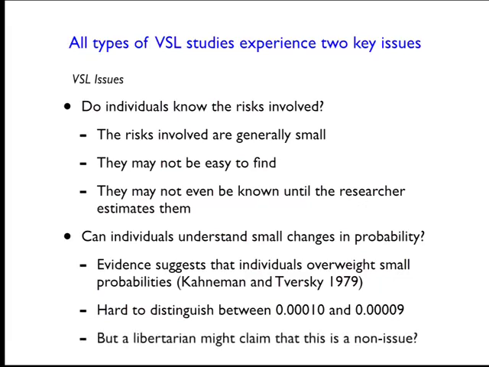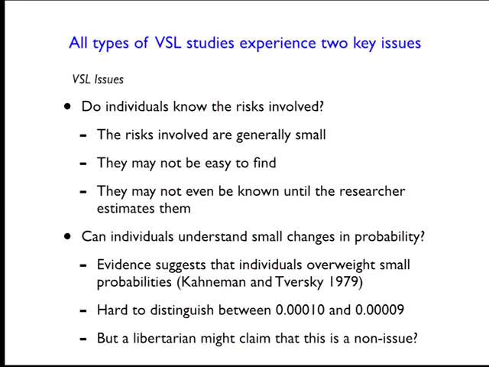I guess if you were a true libertarian and you just said that we should take people's preferences as given and assume that whatever they choose for themselves is optimal, then maybe this doesn't matter to you. Even if they're making misinformed choices, you're saying, well, it's their choice to make misinformed choices. So depending on what your views are, you might not care that individuals may not understand small changes in probability, but certainly when interpreting the VSL as we do, as basically the marginal willingness to pay for some very small reduction in the probability of a fatality,